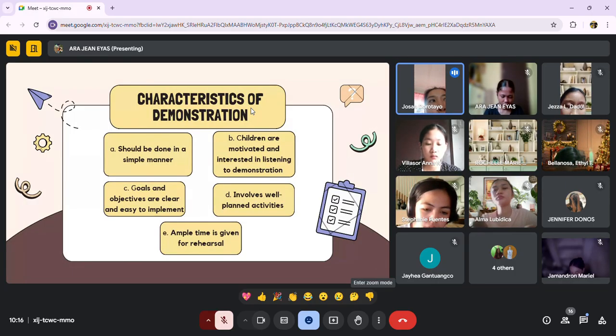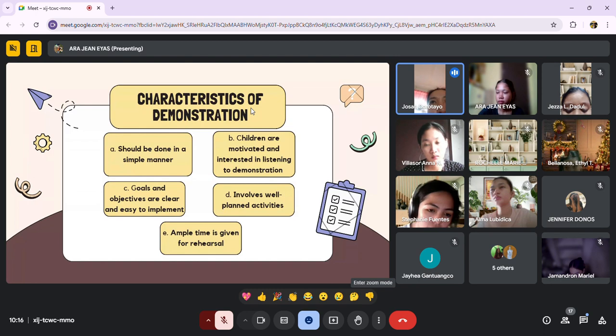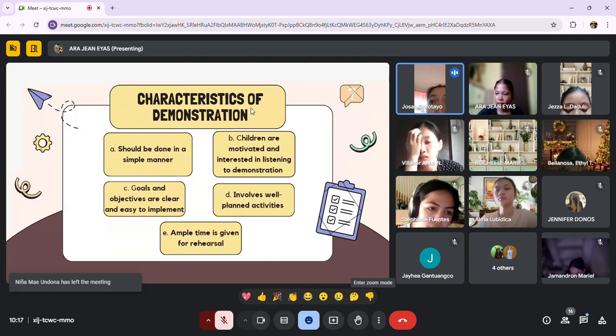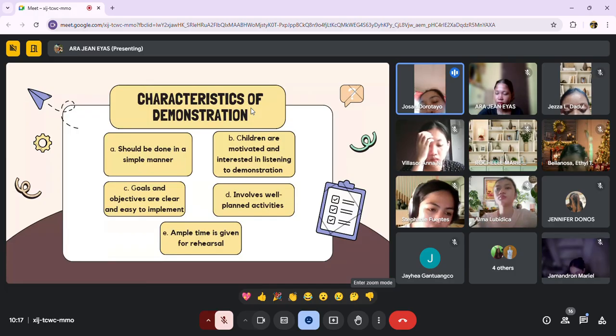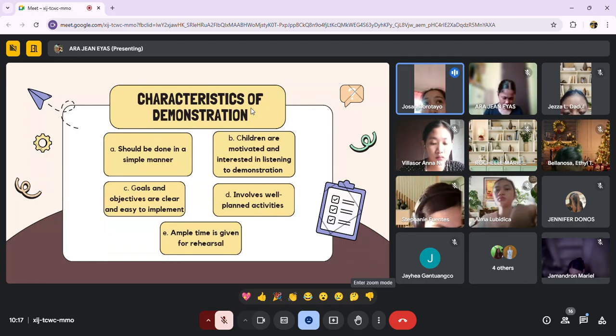For example, if we want to do a demonstration about an activity and we use very broad or complex words and phrases that are not suitable for their age, the students may not be able to grasp the information, so they cannot fully comprehend. That would be a great challenge for us teachers, no? So we must make sure that we use simple, not complex, demonstrations.